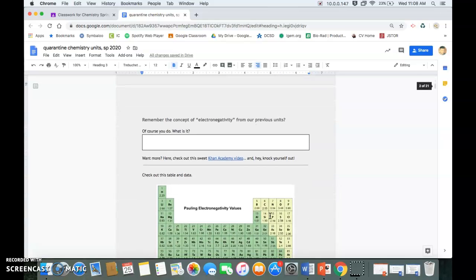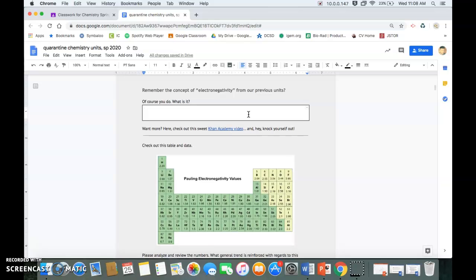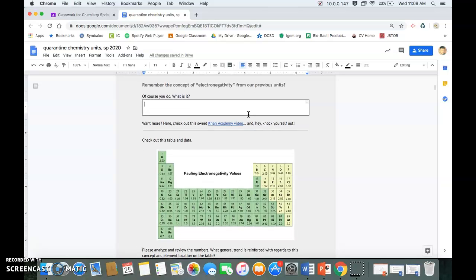And then as you scroll down, what you can see is there's going to be spaces where I want you to fill some things in. So maybe answer some questions or give me a response, right? So in this example, you would have your own copy of this, and it will say, remember the concept of electronegativity from our previous units. Well, of course you guys do. So what is it? And then here, you would explain